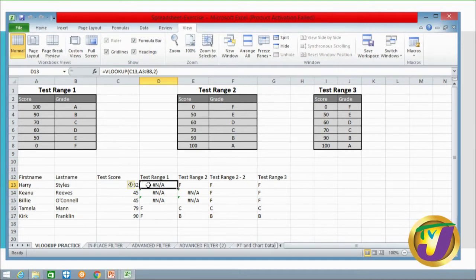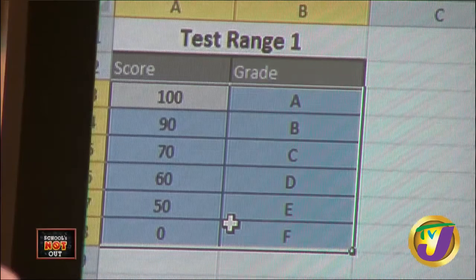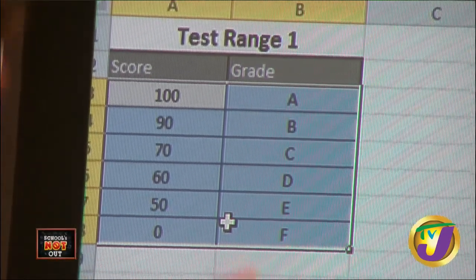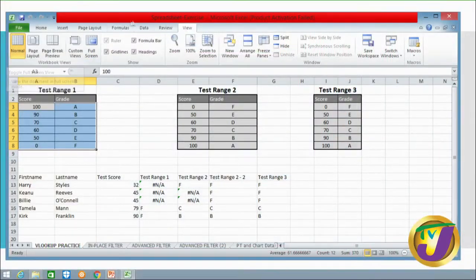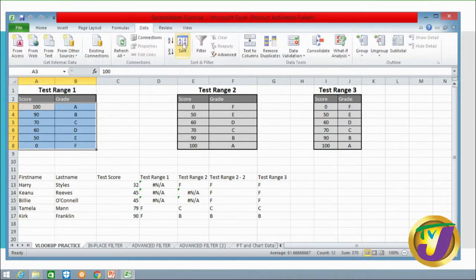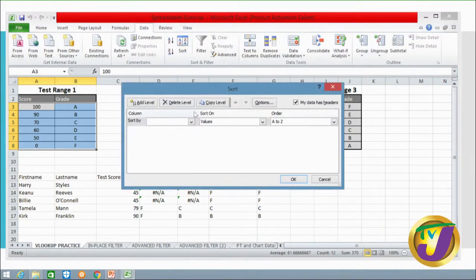And the problem with that is that whenever we are working with VLOOKUP, our table must be sorted in ascending order and not descending order. And so if I try to sort it here, there might be a change in the values we are noticing right through, because we're having an NA for 3 of our values. The 32, 45, and the 245s we're having an NA for. That means not applicable. So this thing has to be sorted in order for us to actually see a correct representation of the information that we're trying